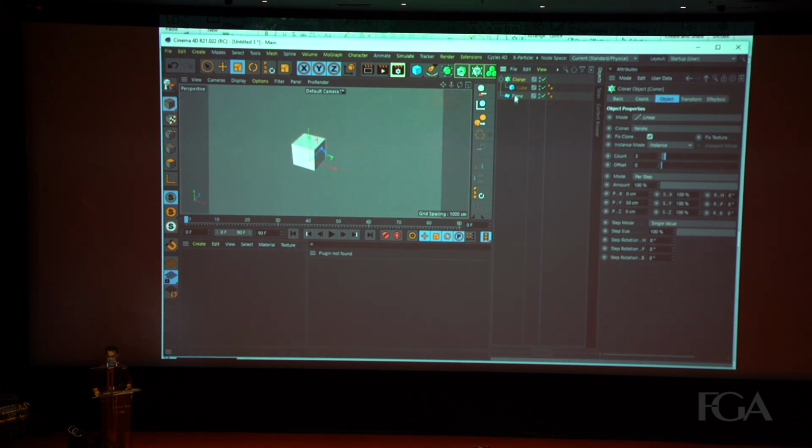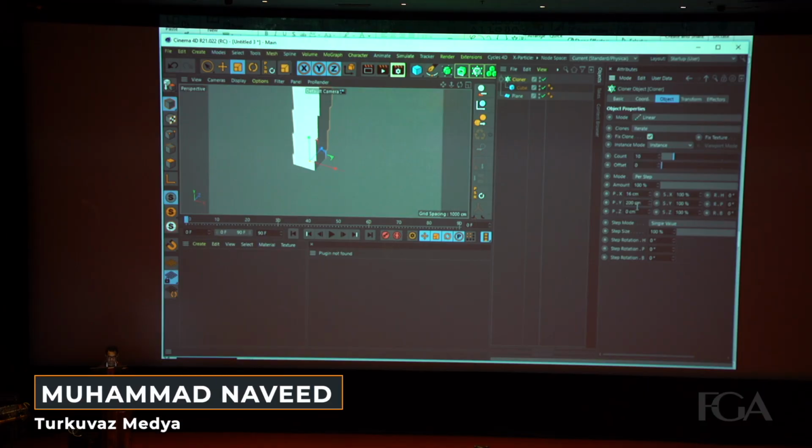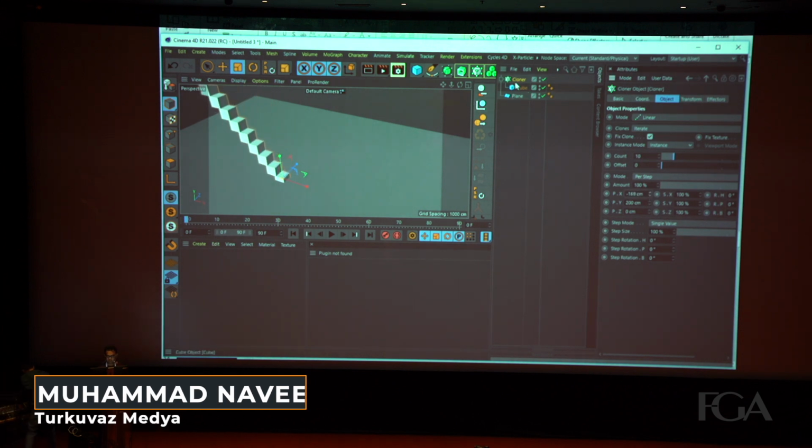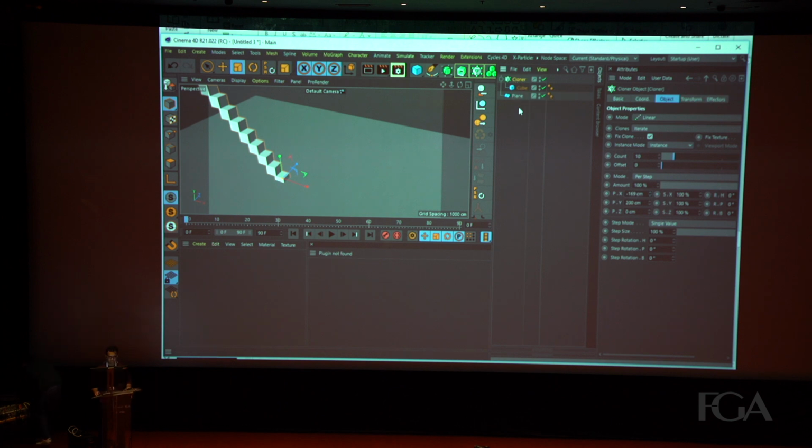So I just put my cube into cloner object and I want to use maybe 10 cubes here and give some space. Like this. Got a simple setup. And again, I would like to put this cloner into another cloner in order to get more clones around.